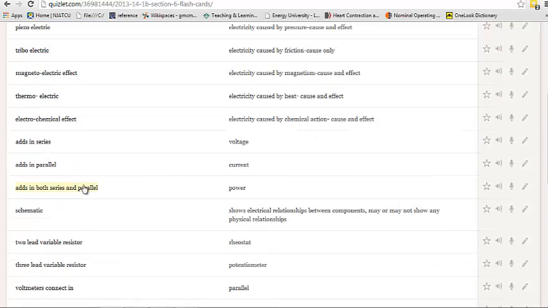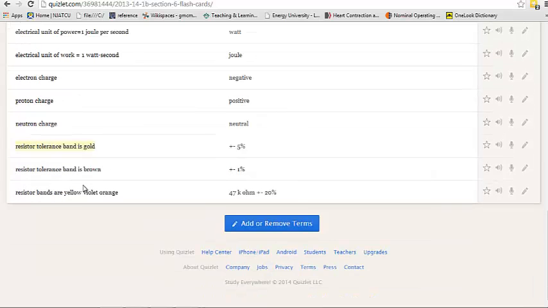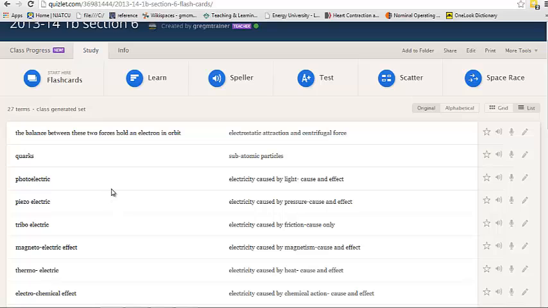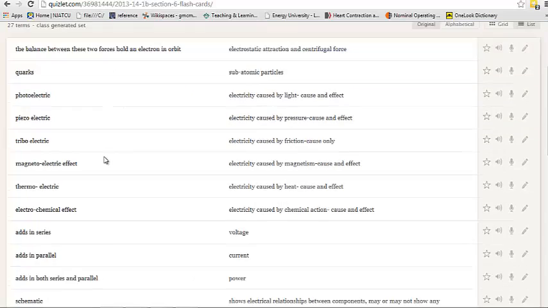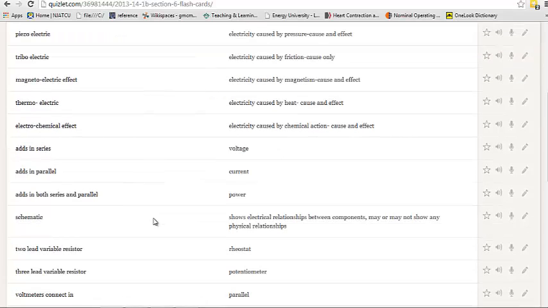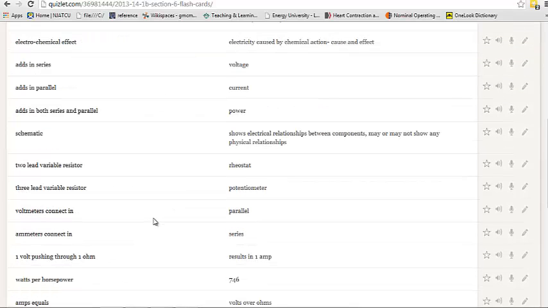This is a class-generated set of flashcards that I put together, much like I showed earlier with the exam view quiz, using a form in Google Docs and then just cutting and pasting into here. I probably don't need to show you that mechanical detail, but these are terms. I seeded some terms that I wanted to make sure they covered, so I have some terms and definitions that I made sure were there, and then let the students add terms